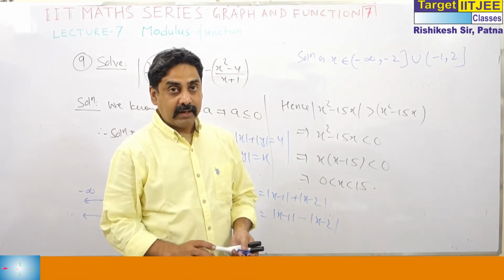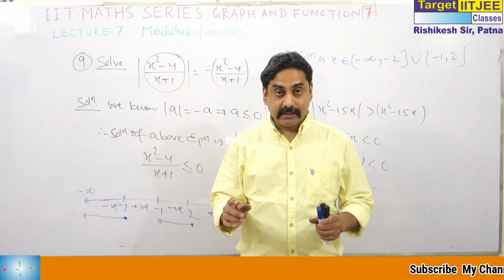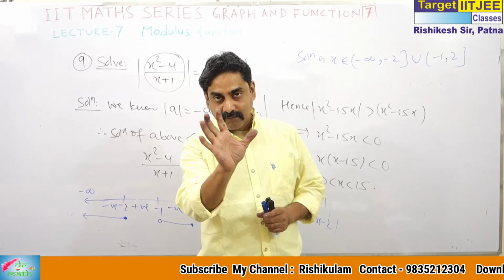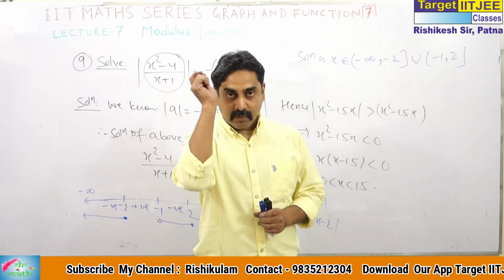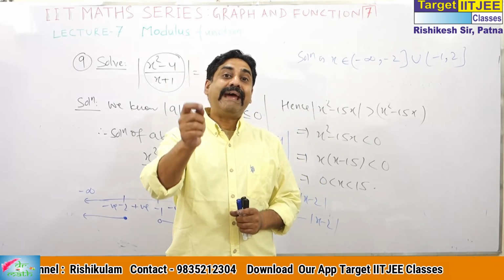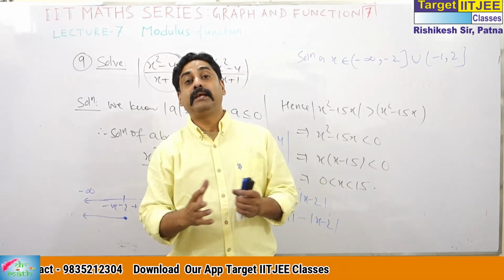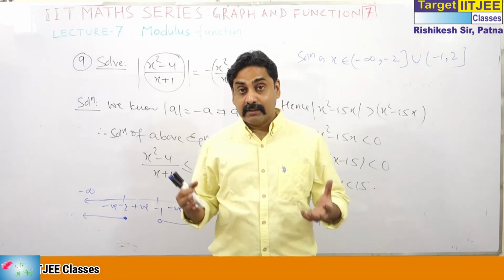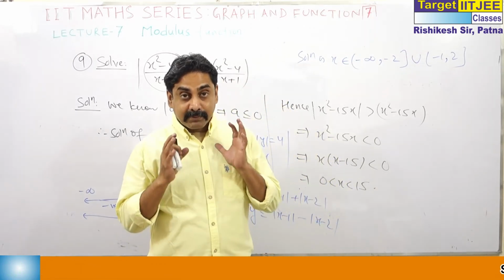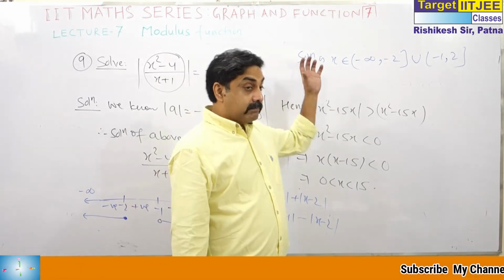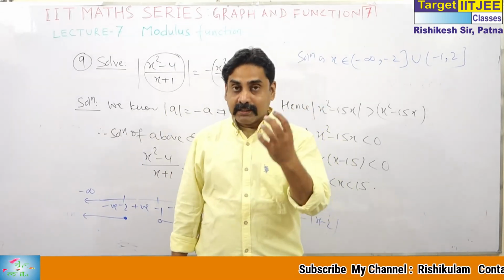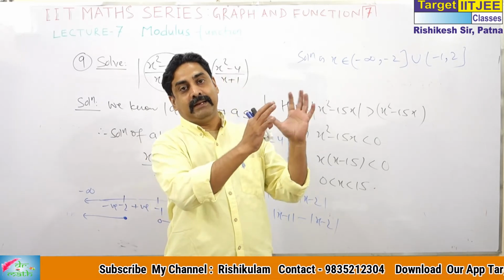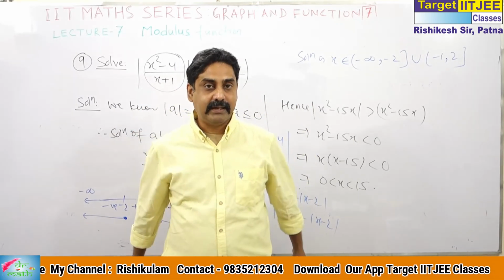So first of all, try to make a command of modulus, and there is only one point: if a quantity is negative, when the modulus is removed, put a negative sign so that it becomes positive. Or sometimes, the advantage of properties is that they make our work easy. We do not have to take cases and can go to the question directly.